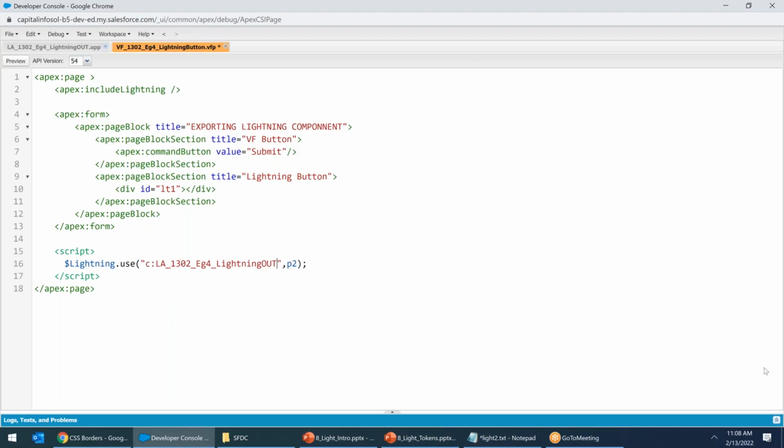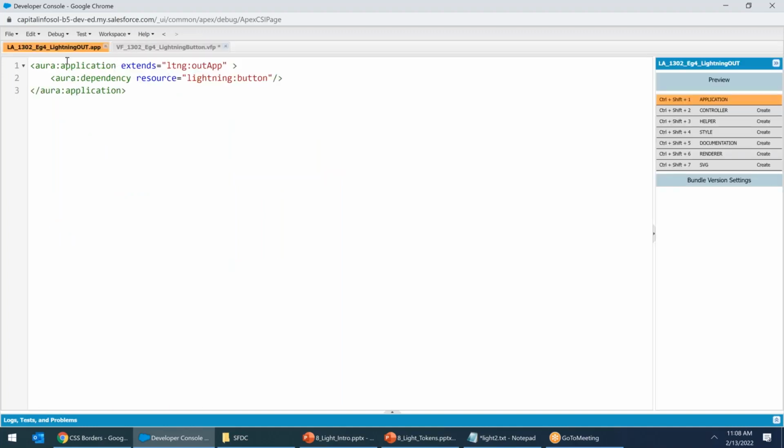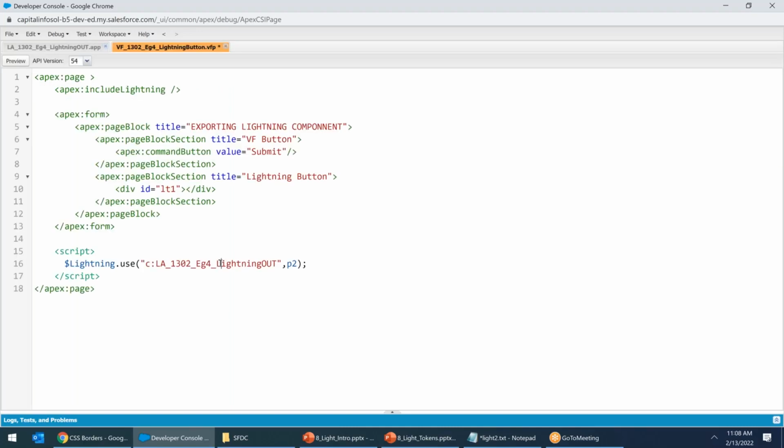Whatever app name you give, this is the app name you see. LA 1302 example 4 lightning out app. That is what I'm using. Parameter 2, P2. I'm writing here, second parameter. Second parameter is dollar